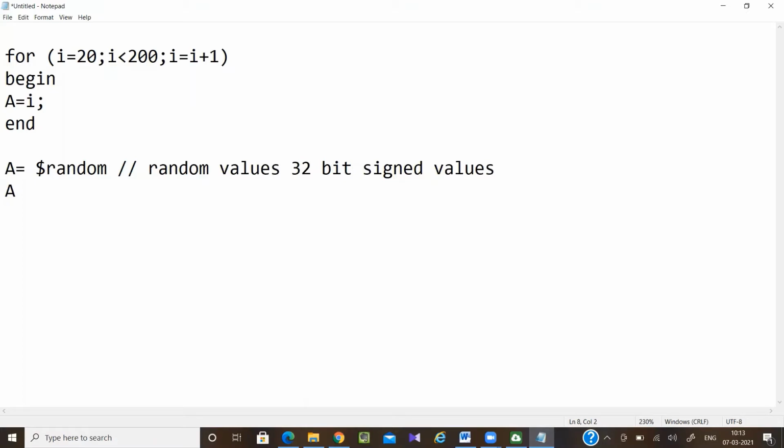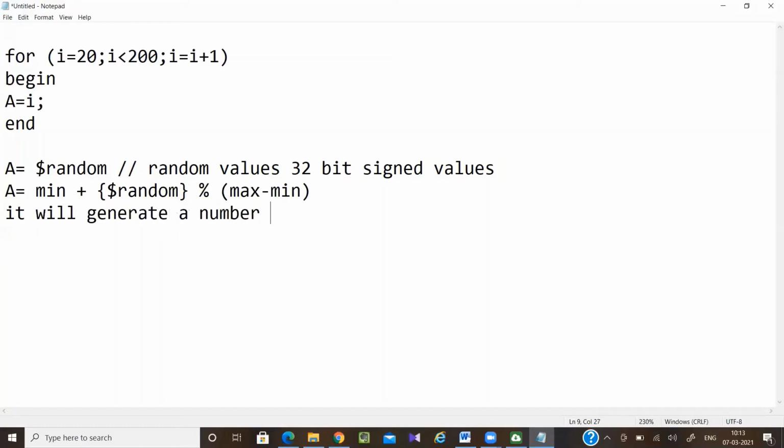So if I write A equal to minimum number plus $random percentile (maximum minus minimum number), then it will generate a number greater than or equal to minimum and less than maximum. If you want less than or equal to maximum, then add plus 1.